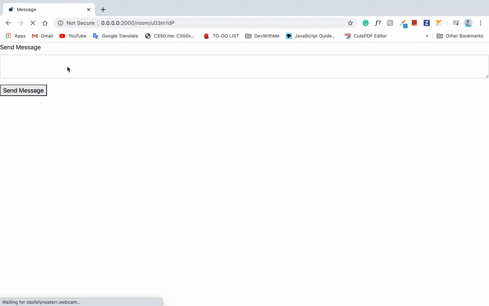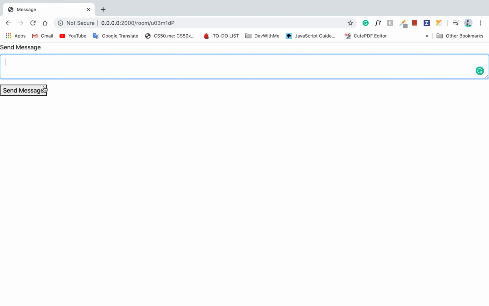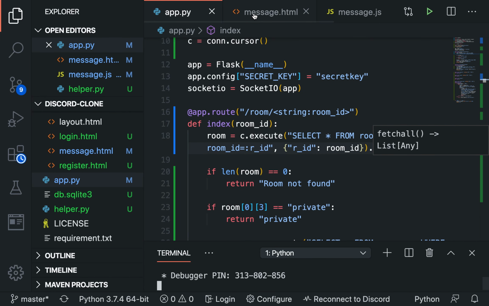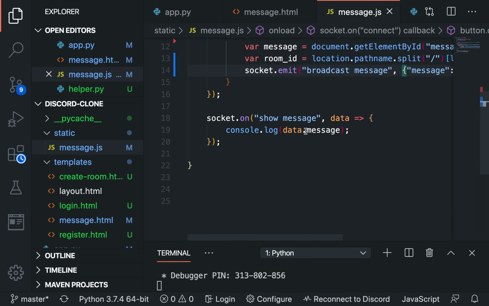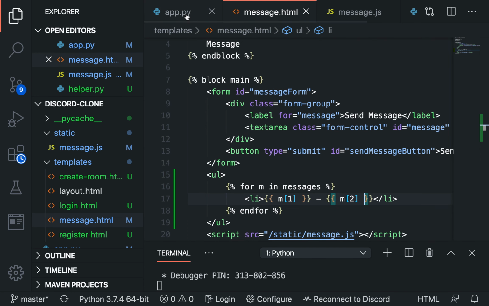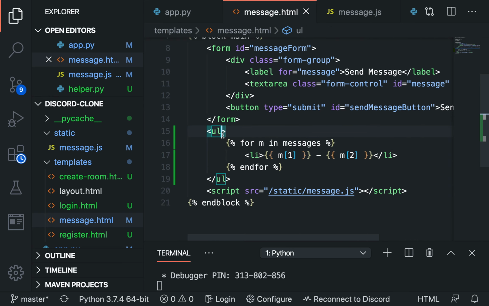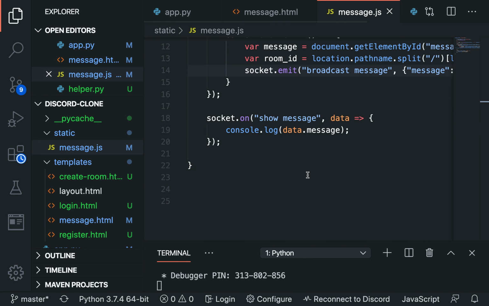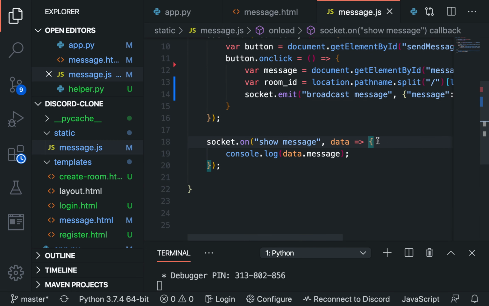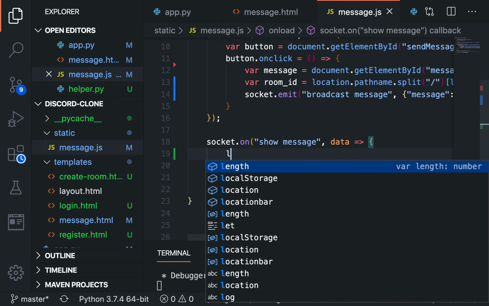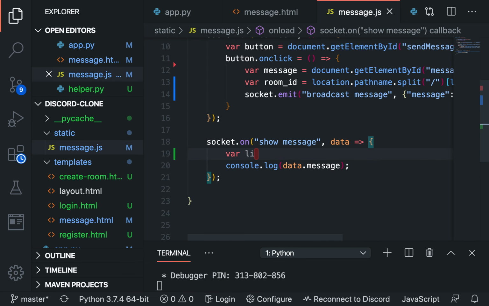Message. So in here, let's go ahead. I'll fix the JavaScript file really quick. So in the on message, show message. So let's go ahead and call this ID. Messages. And then what I will say is li equals